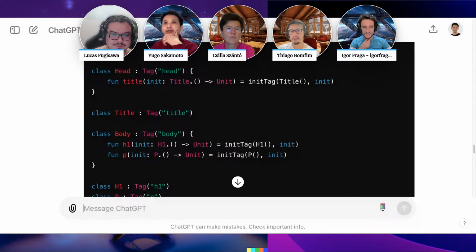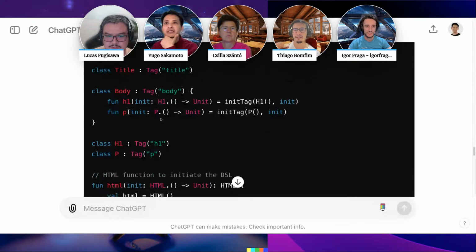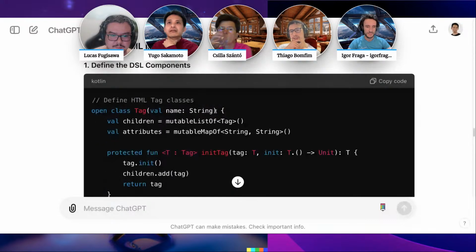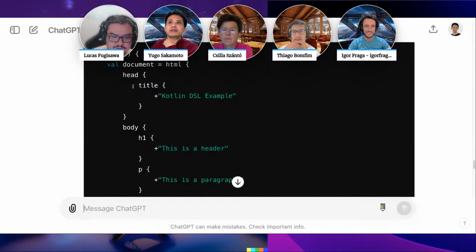I don't know if I could understand it. Don't worry about it. Just take a look at the usage of the DSL, probably in the main function or anything like that. Hey, it did not give a usage.